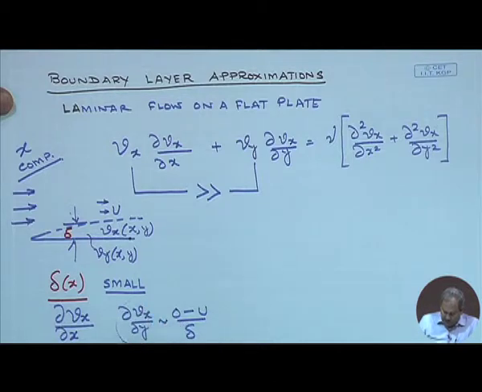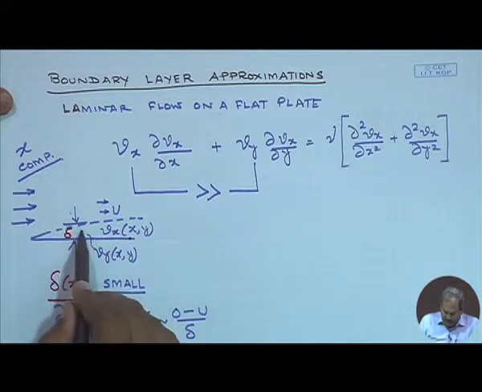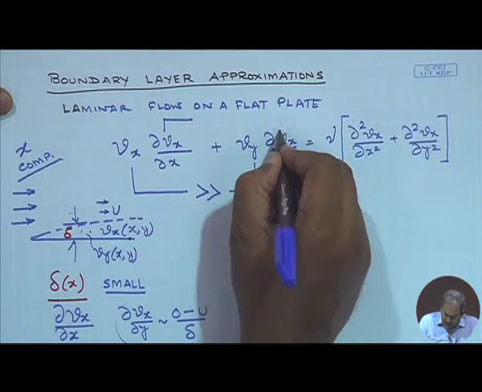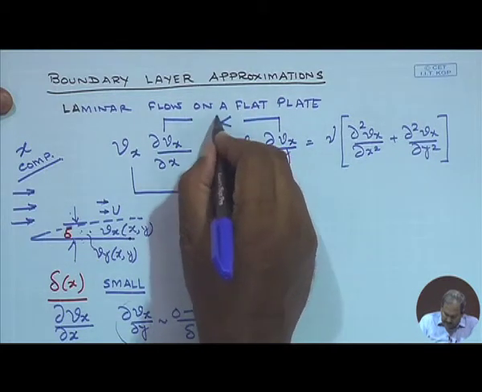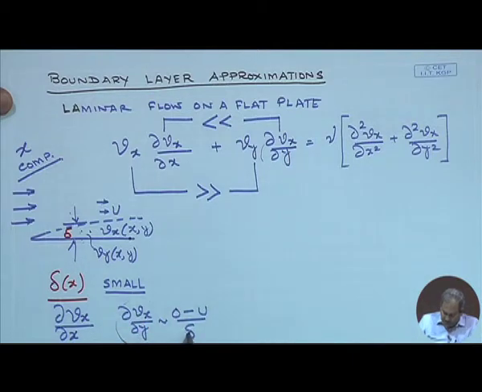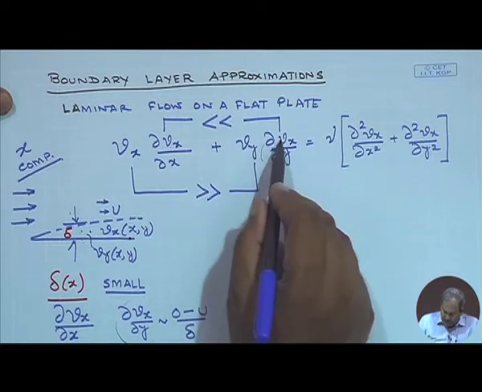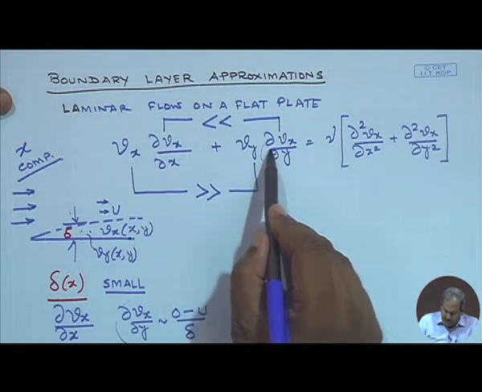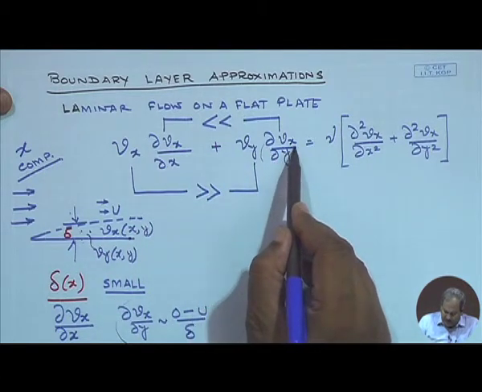So, therefore, del Vx del y is going to be quite large as compared to del Vx del x. Del Vx del x simply tells you the variation in velocity between these 2 points over a certain distance x. So, the analysis here clearly tells us that this del Vx del y, because of the small value of delta, is going to be significantly larger than del Vx del x, or in other words, the gradient in velocity in the vertical direction is going to be quite large as compared to